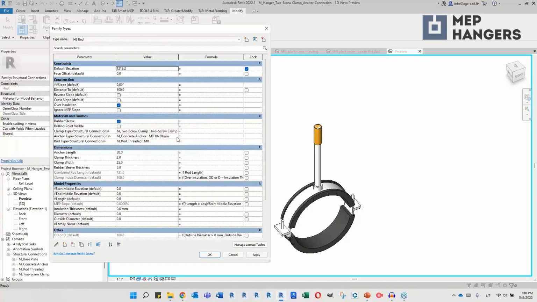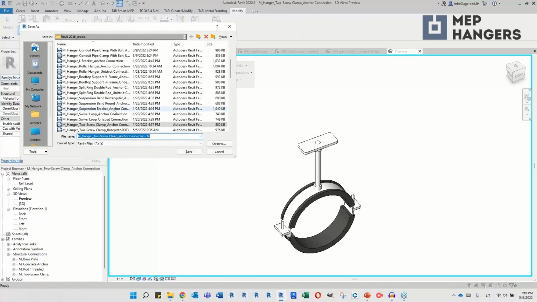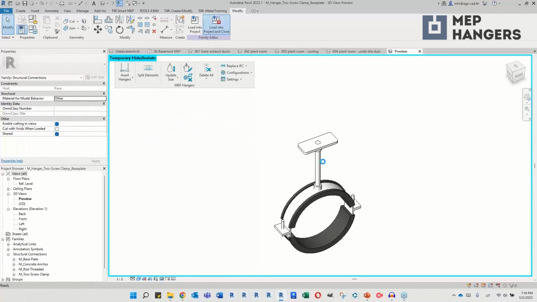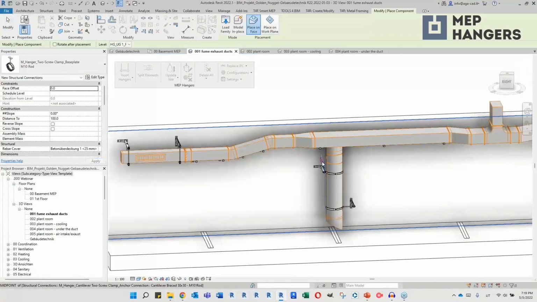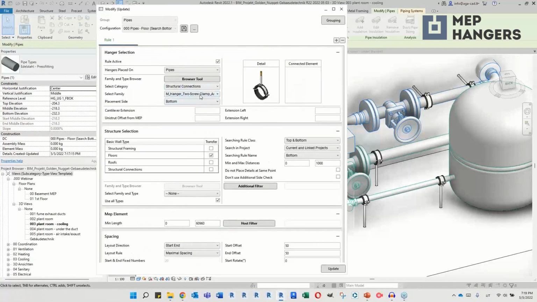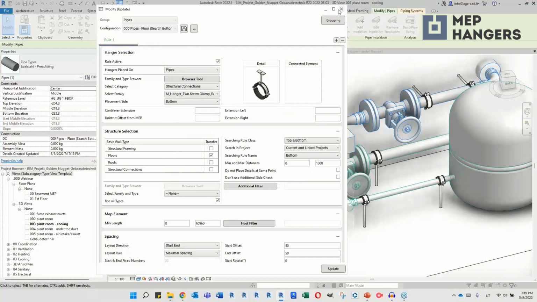Now repeat for the other type, base plate and anchor length. Okay, and you might need to flip the work plane as well. I can now save this one and load this back into my project. Next step is to modify my configuration so that it would place my new family. So simply selecting a type that I want, maybe 8mm or 10mm rod. I'm going with 10, save, close,